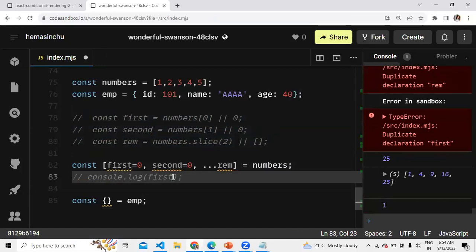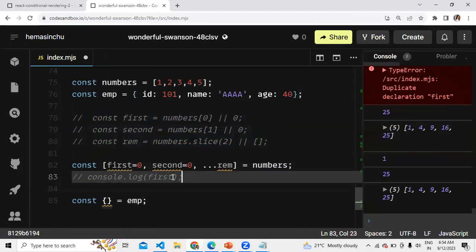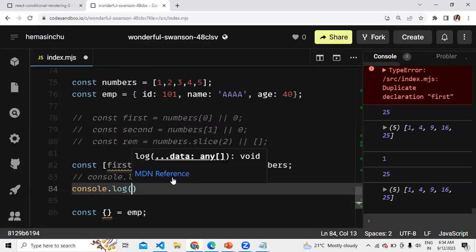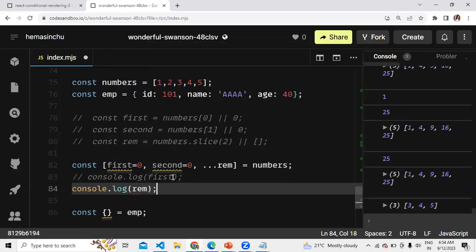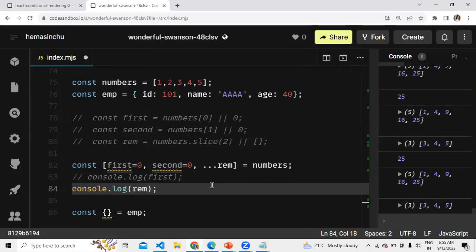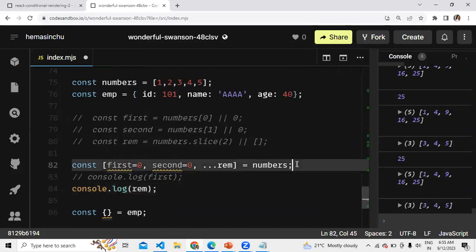One question: what slice does in a, that also does in a 3 dot, right? Yes, it is doing that. Let's see what is happening if I try to print the value of rem. You see, I'm getting the remaining values 3, 4, 5. It is doing all the logic exactly. So this is a simple syntax, and this makes our life easy to understand, and very easy to maintain also.